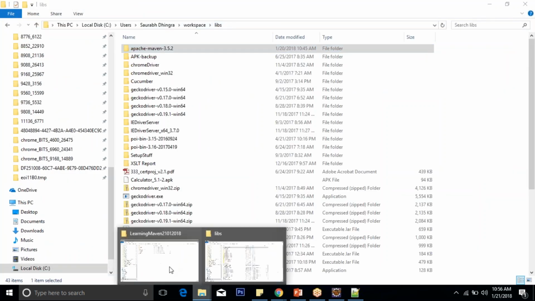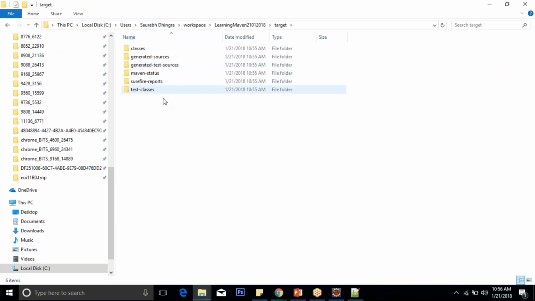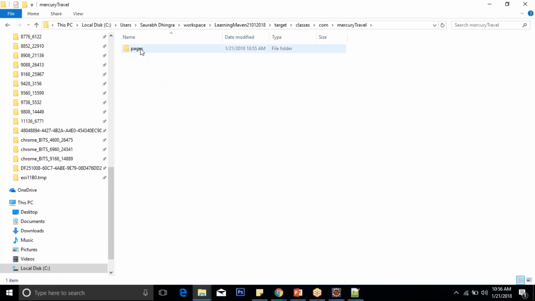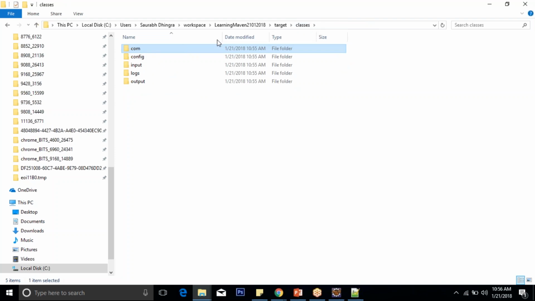the other folder. Here you can see one folder with the name target is created. If you open this, this target has all the class files. So this is like artifacts. This folder has artifacts. Artifacts means all the code in compiled form. So your Maven first compiled the complete code, and then